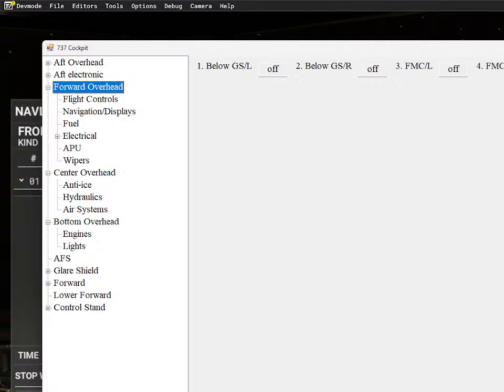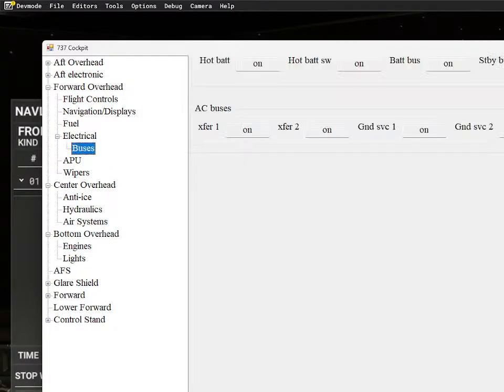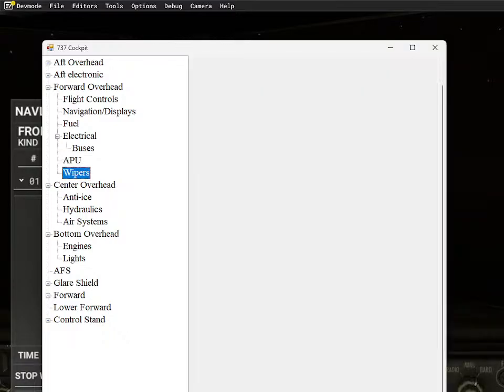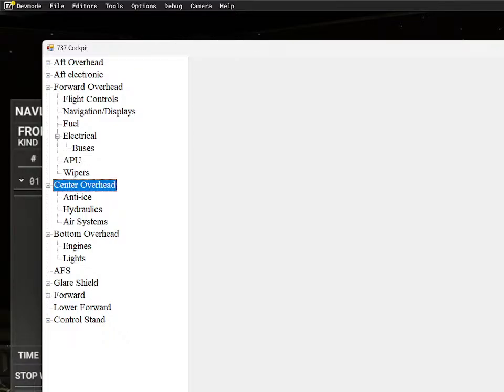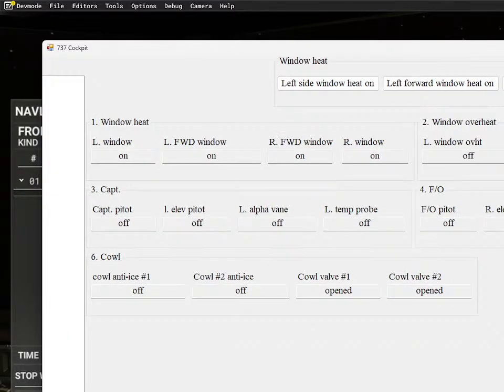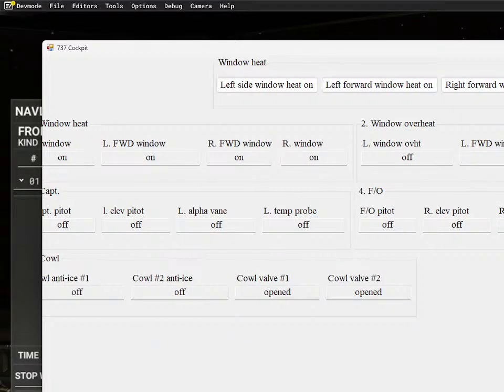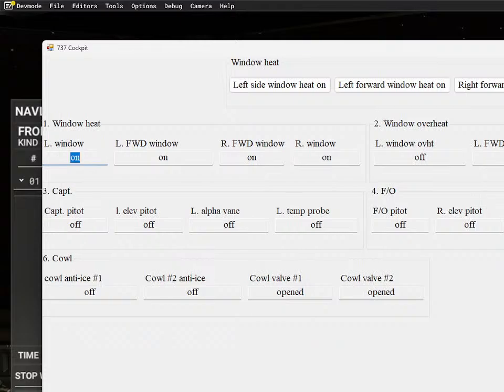Aft electronic forward overhead level 1 navigation select fuel 1 to 1 electrical collapse 1 to expanded level 2 buses 1 level 1 APU 1 to 1 wipers 1 to 1 level 0 center overhead expanded 1 level 1 anti-ice 1 to 1 window heat grouping left forward right side wind probe heat grouping probe heat number wing anti-ice off button pressed wing anti-ice on left anti-ice valve opened right anti-ice valve opened engine anti-ice grouping engine number 1 anti-ice on button engine number 2 anti-ice on button window heat indicators group